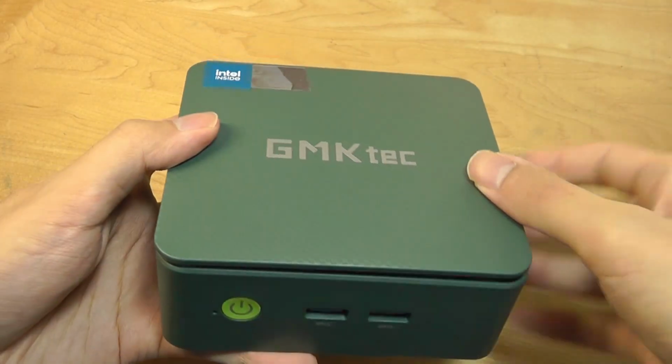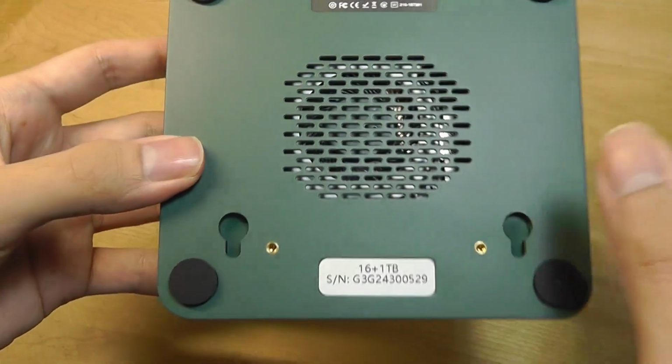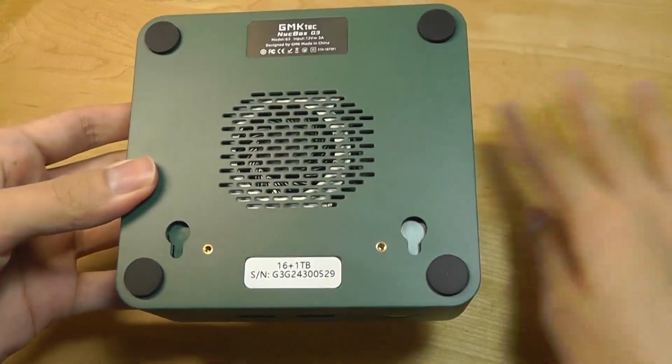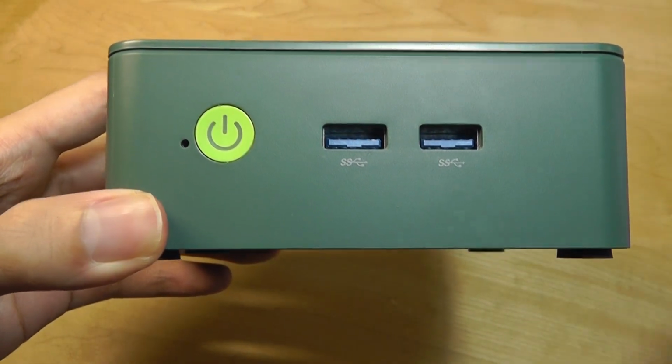Afterwards, we can just snap the lid onto the top once again, and the bottom here is actually where the fan is located, providing some of that active cooling. It's also where the VESA mount, as well as the soft touch rubber feet, prevent it from sliding around onto a table. On the front, we have just that simple power key and 2 full-sized USB Type-A 3.0 ports, and